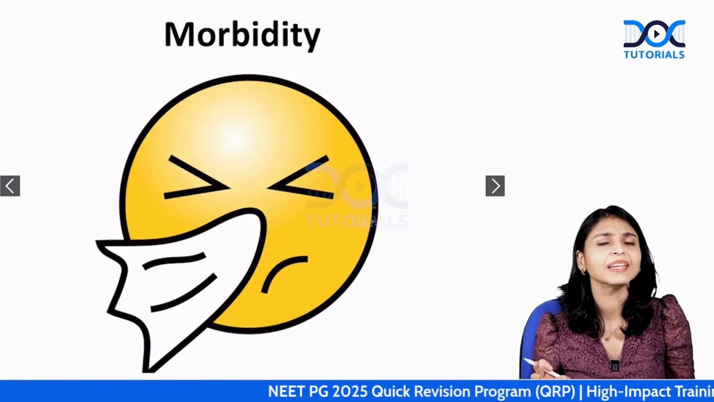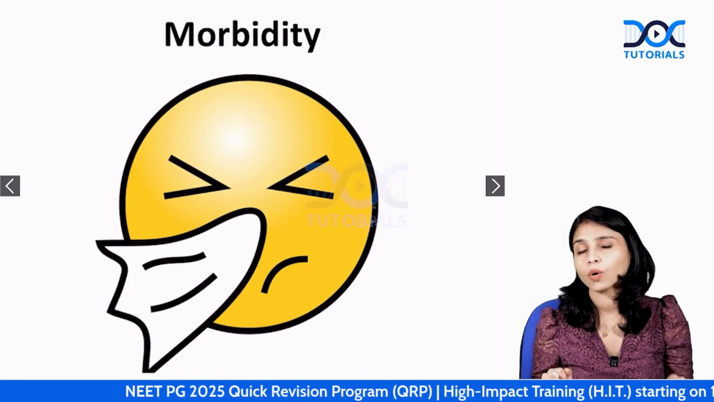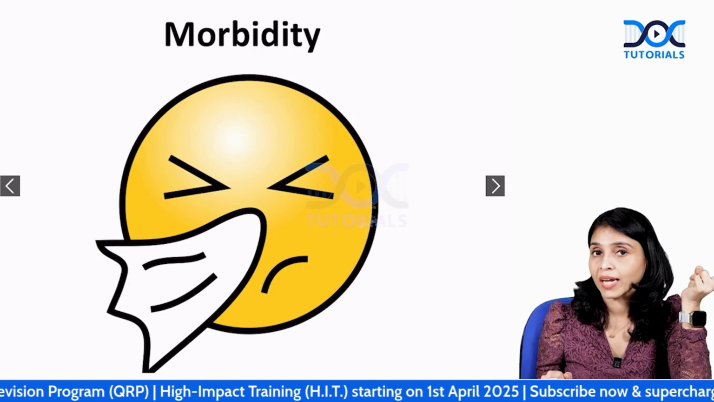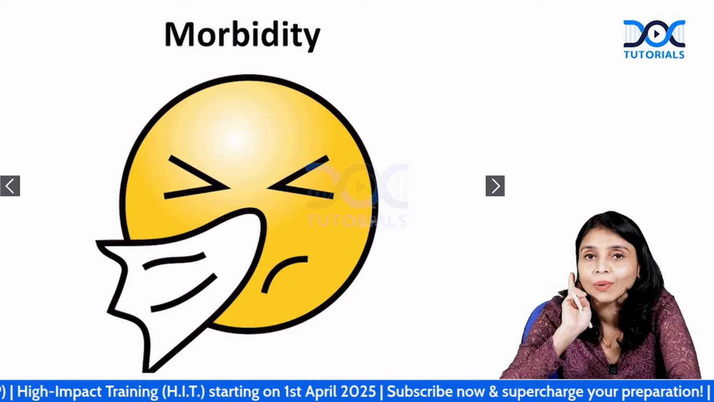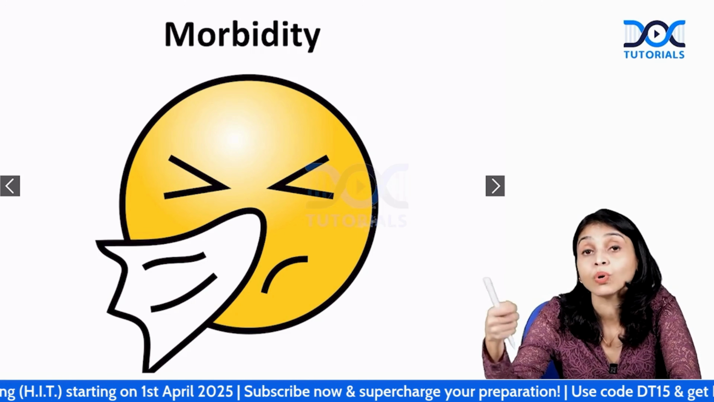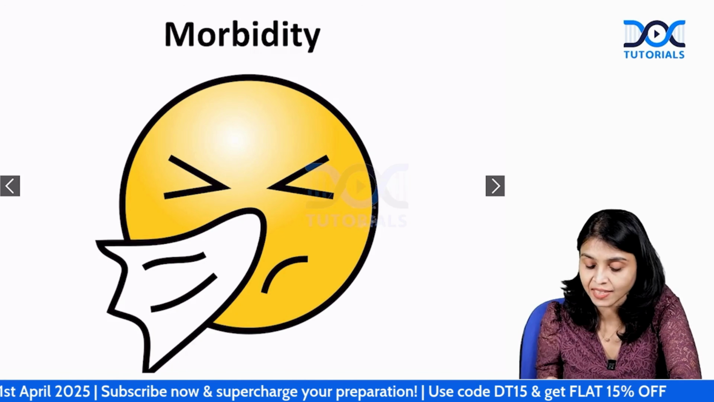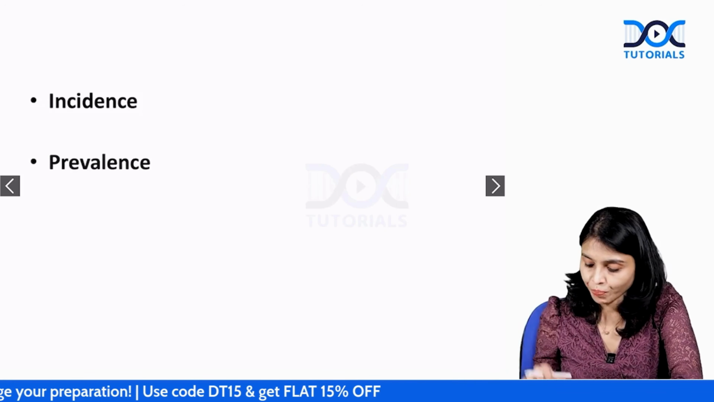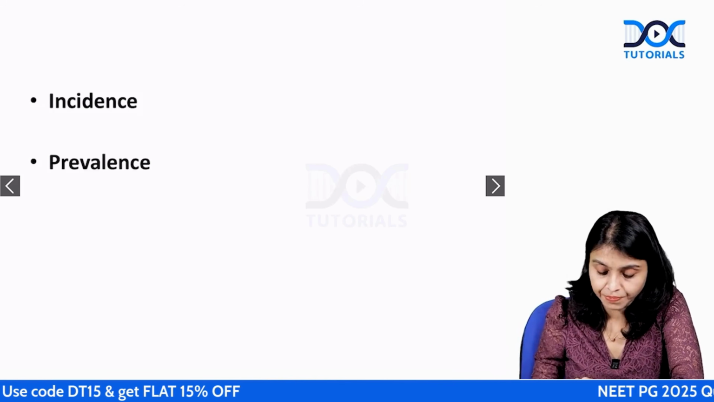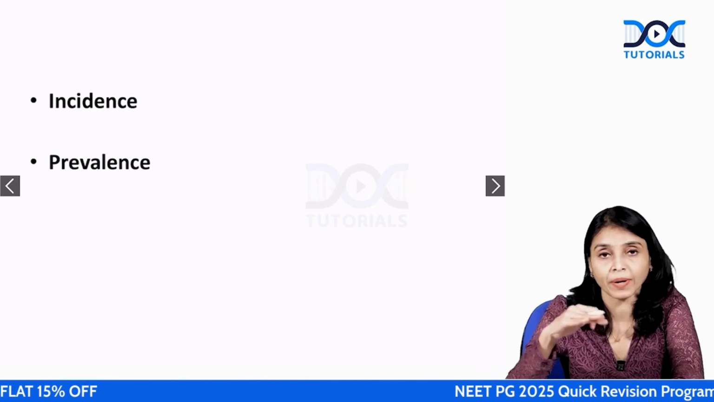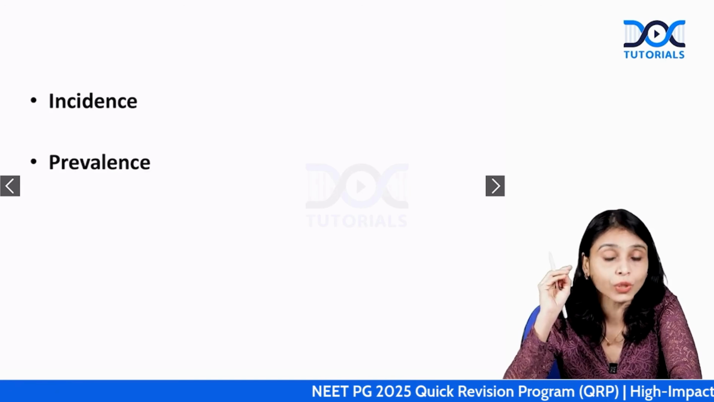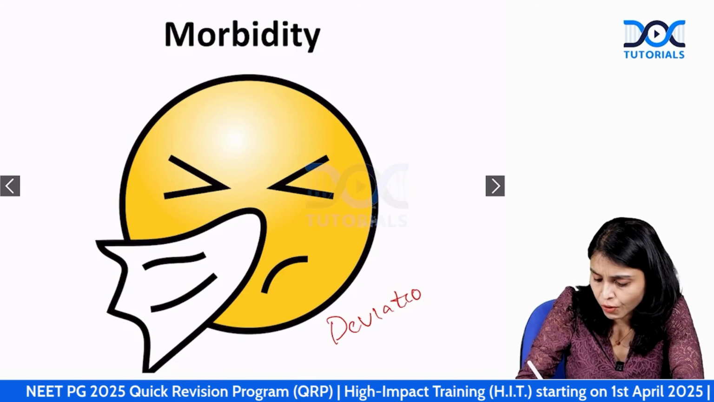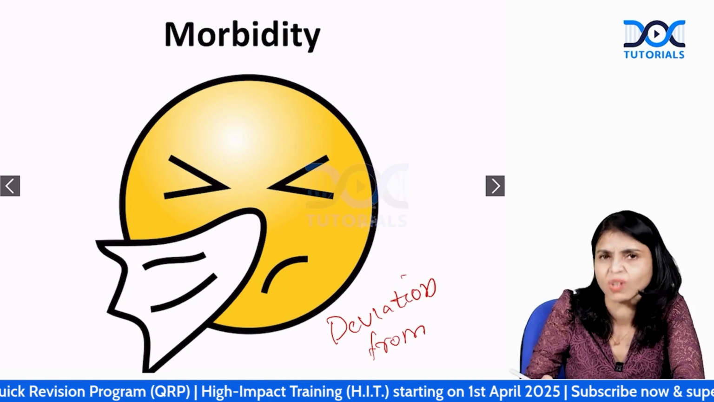Morbidity. Morbidity is a little more easier because there are only 2, unlike 5 you have in mortality. Here you have just 2 parameters to measure morbidity, which are incidence and prevalence. Okay guys, incidence and prevalence. Now, what is incidence? What is prevalence? These 2 will help you to find out morbidity. Morbidity means any deviation from normal health. Okay, let me write it here. Deviation from health or normal health